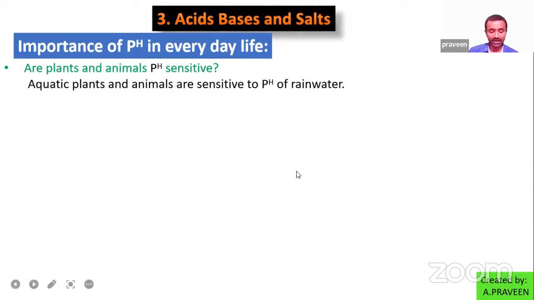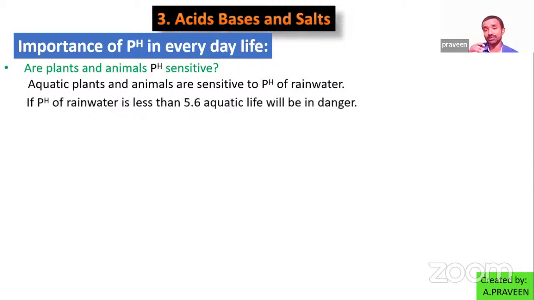Aquatic plants and animals simply depend on the rainwater. So if that rainwater changes towards acidic or basic, automatically it can affect the life of aquatic plants and animals. So they have a lower pH value, maximum